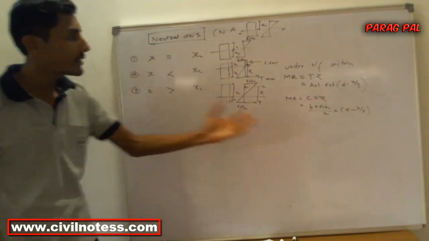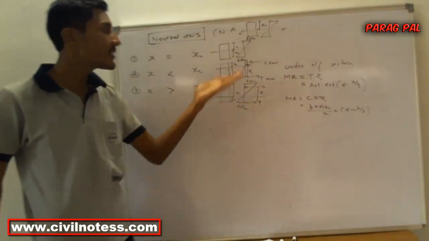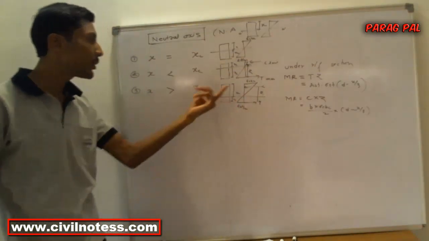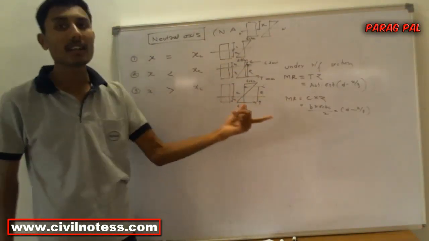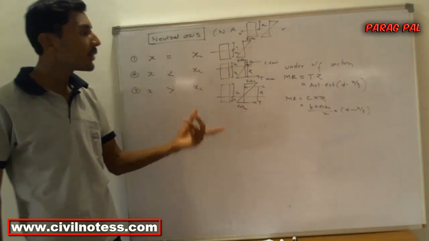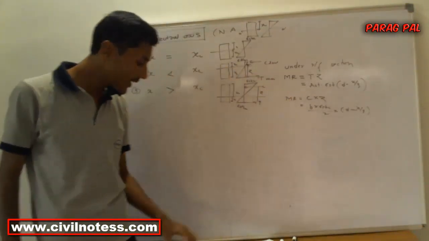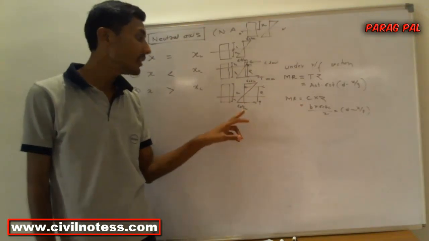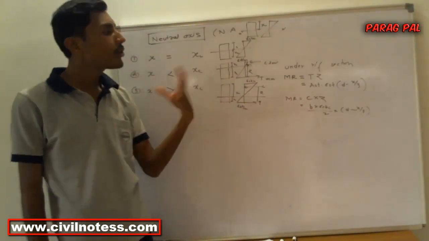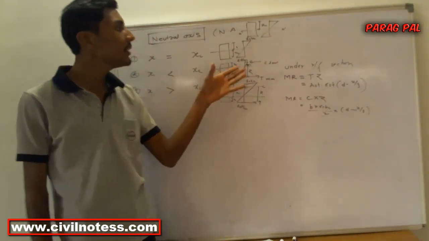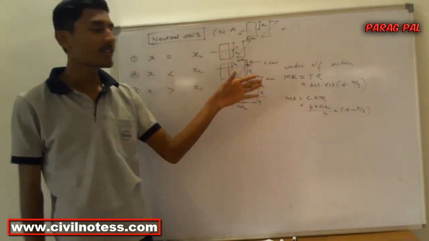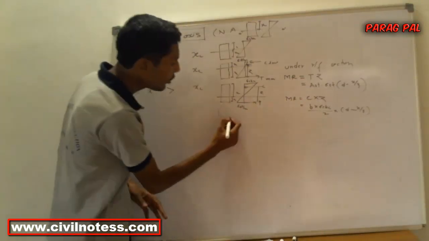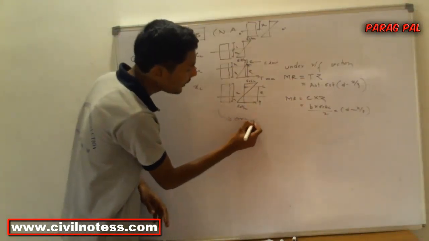So why does this come? Because the permissible stress in the concrete is maximum with respect to the steel, as the depth of the neutral axis is greater than the critical depth of the neutral axis. So that's why this condition occurs. It means that the concrete reaches the maximum permissible stresses compared to the steel. If you talk about the under reinforced section, the steel reaches the maximum permissible stresses. If you are talking about the case where concrete reaches it first, it is called an over reinforced section.